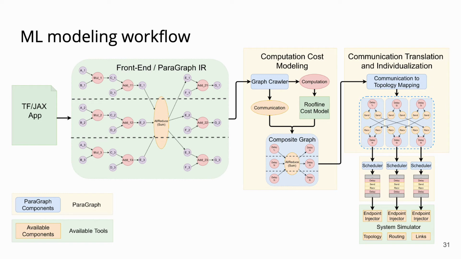During bridging, we can crawl the graph, separate computation and communication instructions, and utilize the roofline model to annotate computation instructions with their projected execution delays. After that, we obtain a composite graph that represents a distributed SPMD application. We can translate it into individualized graphs corresponding to each modeled network terminal. They only have information about the instructions executed by the corresponding network terminal or related to it. Then these individualized graphs are provided to the simulator.